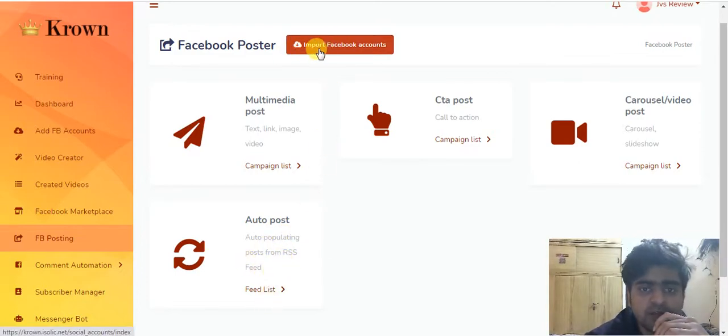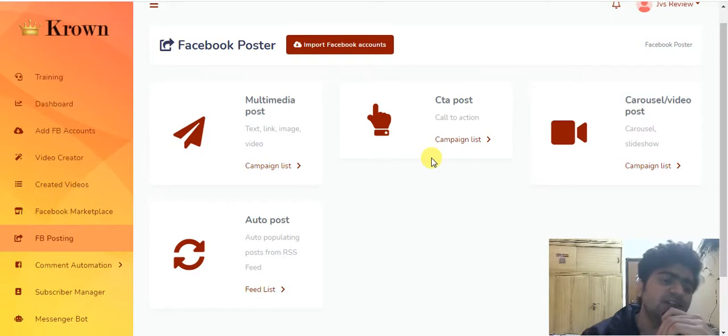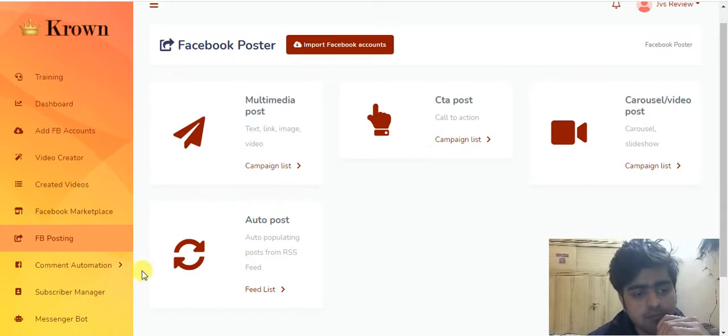From here you can import your Facebook accounts and create your posts. Basically it's a Facebook automation tool. It automates all the processes of Facebook, so it can bring free traffic from Facebook Marketplace.